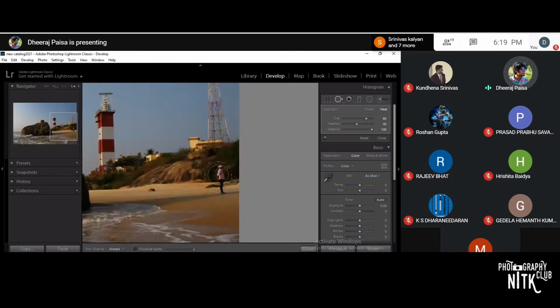Here I find this man disturbing. If you want to remove this man, you can use the clone tool or the heal tool. Now I'll try using the heal tool. Just draw a stroke on this man. It has done its part, but it's not appealing. It has copied this region over here. I don't like it, so I'll use the clone option. First I'll remove this.